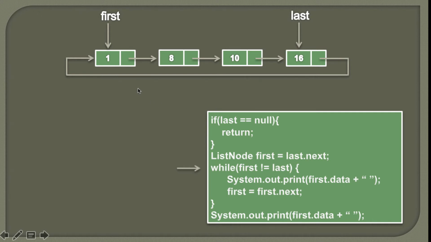So here, as we want to traverse each and every node and print the data in the respective node, we'll traverse till we have reached the last node. So the condition in the while loop will be that we iterate till first is not equal to last, because when first is equal to last, we know that we have traversed each and every node. Currently first is pointing to the first node and last is pointing to the fourth node, therefore first is not equal to last. So the condition in the while loop comes out to be true.